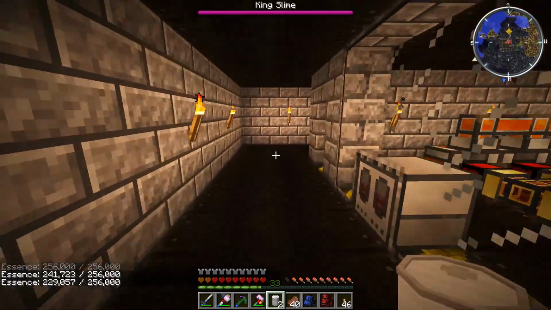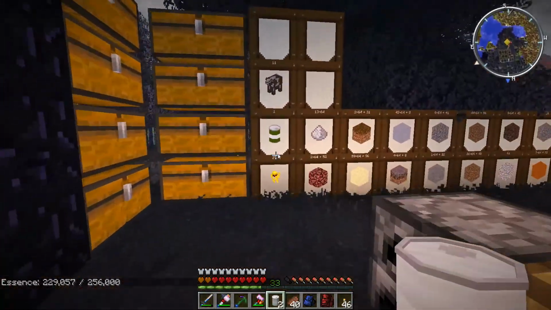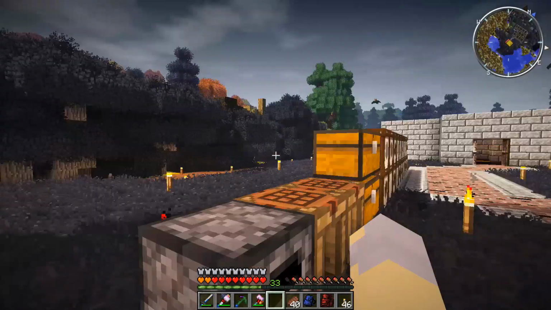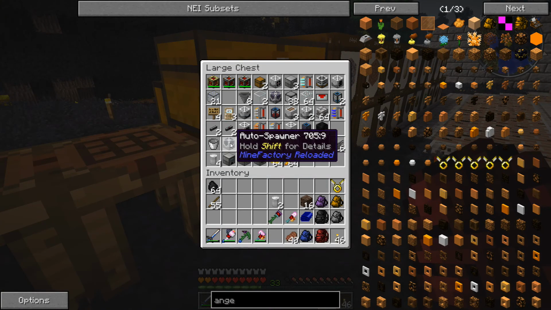So you've got a full drum of mob essence, and there's already another one over here that's been filled as well. That's what that mob grinder that we built a couple episodes ago is for, is to provide mob essence for this farm. We've got the Enderman itself, but what we really need is we need to make an auto spawner. And I don't think...